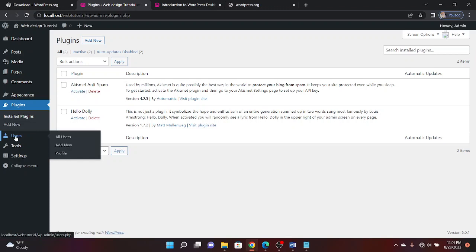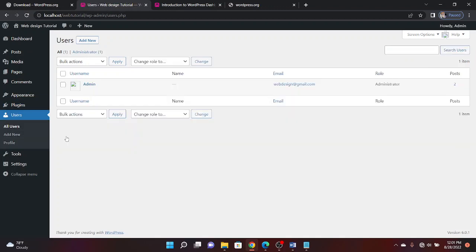Right, so this is the user section. You can view users from here, all the users you have. So I only have this user, the admin, that we used to create this website. So you can add new by clicking add new from here. So you can see that all the interface,